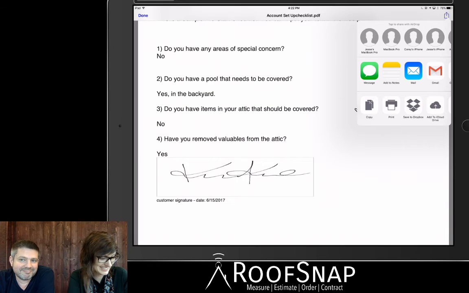Yeah, so that's the pre-start checklist. Definitely a popular document that most of our customers use day to day. So check it out, format it as you see fit,